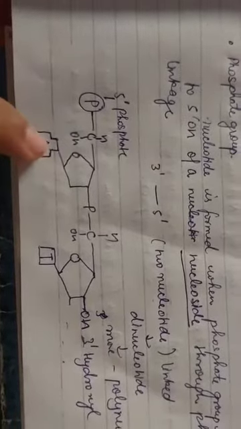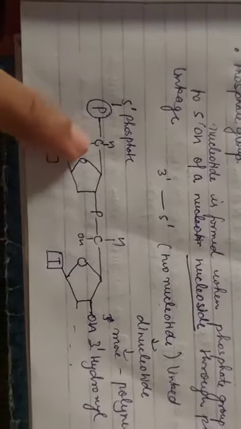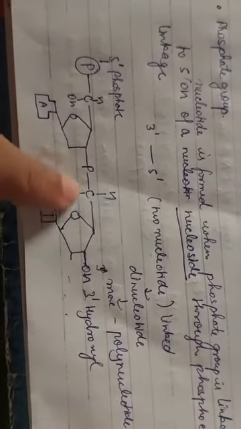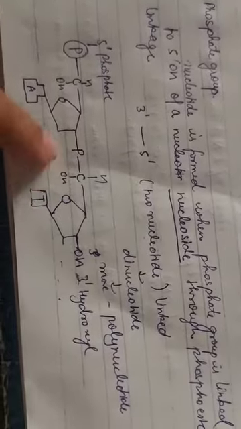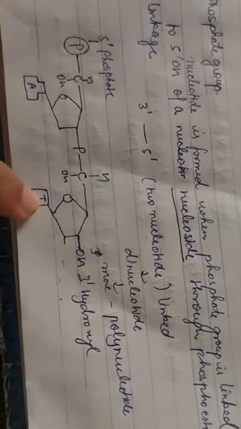Now this is the polynucleotide chain, where the pentose sugar is there, here the base is there, adenine, and here the phosphate group at the 5'. Then the phosphodiester bond connects the nucleotides, and it is called a dinucleotide. Several such units are called a polynucleotide. Here thymine is arranged, and at the last, at the 3' end, will be the OH group, the hydroxyl group. So this is the polynucleotide chain.